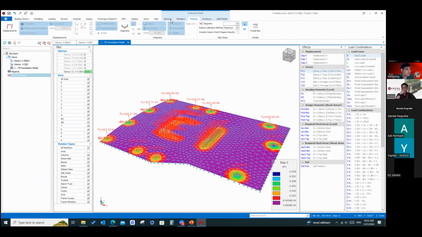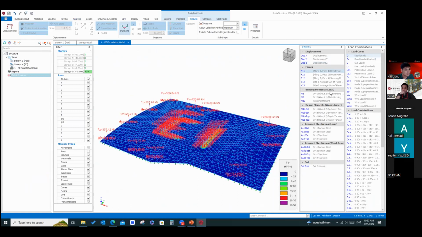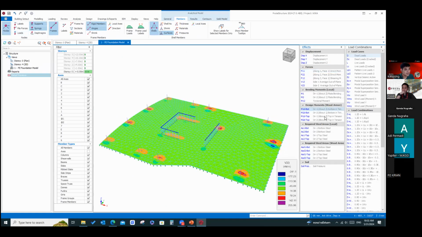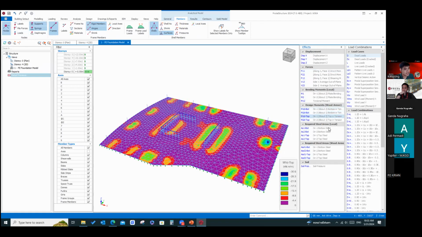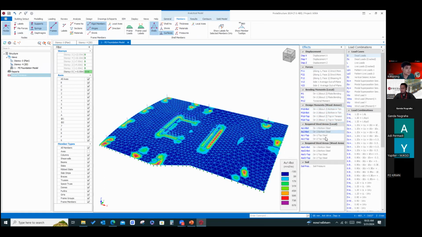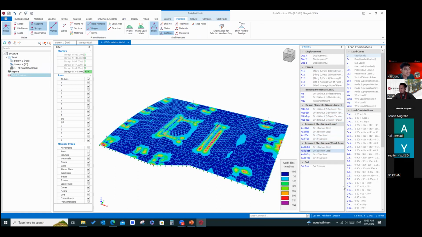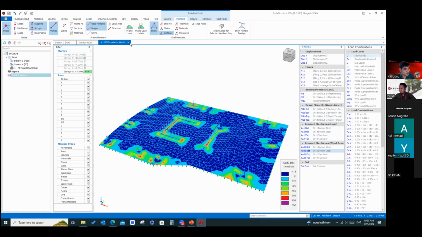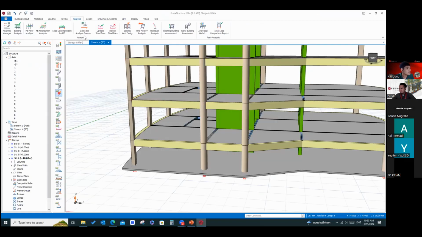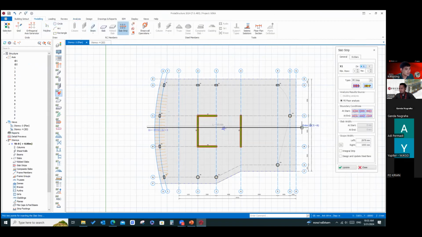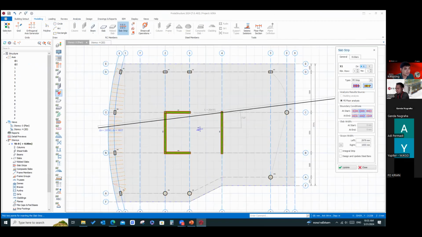Like this. See? And it's quite easy for the design because you just drag the slab strip and it will cover all the design for you. You can also add the piles, something like that. Just input the slab strip like this to design the whole foundation.